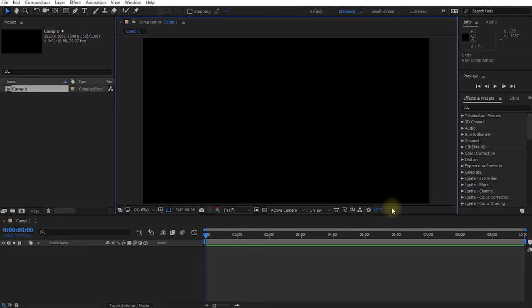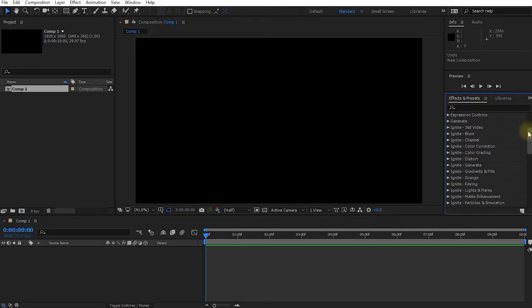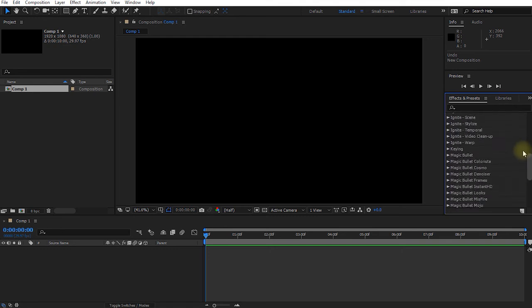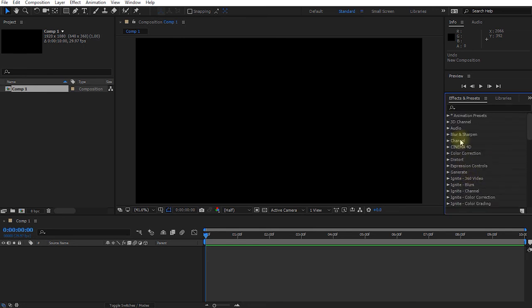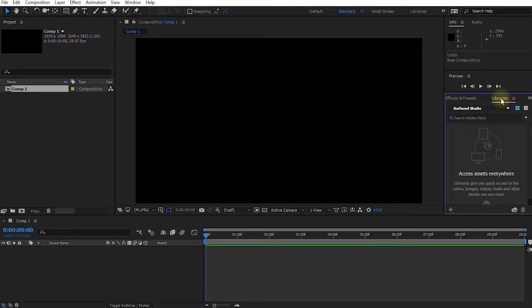Much more important, over on the right-hand side, you should find the Effects and Presets panel. And this is where you will find all of the effects that are available to you in Adobe After Effects. My list, again, is a little bit longer because I have a few plugins installed that you may not have. But in here, you can find and apply all of the effects that are available for you to build your visual effects or motion graphics. You may notice that this panel actually contains multiple tabs, so there's libraries in here, which are my Creative Cloud libraries. Over on the right-hand side, under this little arrow, you might find some additional tabs, but unfortunately mine are off the recording area.